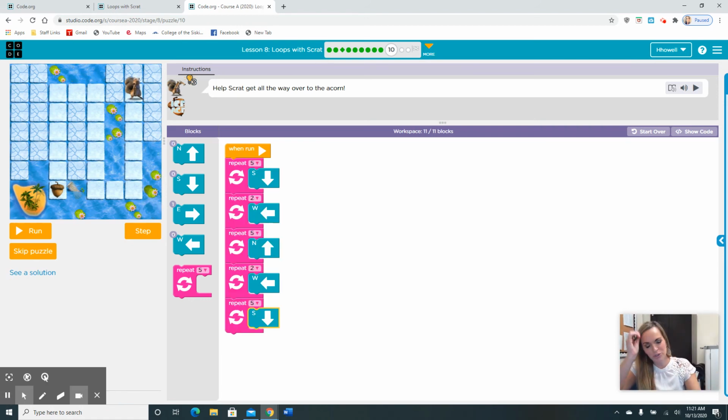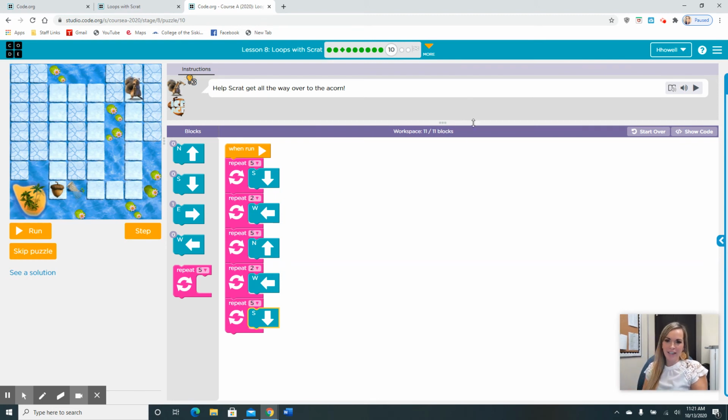All right, guys, how did you do? Kind of tricky, right? So right now we have 11 out of 11 blocks used. And maybe I have a bug in my program, which I won't be able to get to the acorn. And maybe I don't. How many times did it take you guys to get to the acorn? If you were even able to. Sometimes you can't reach the acorn on your own, and that's okay. So we are going to do it step by step, and then we can hit run so we can follow